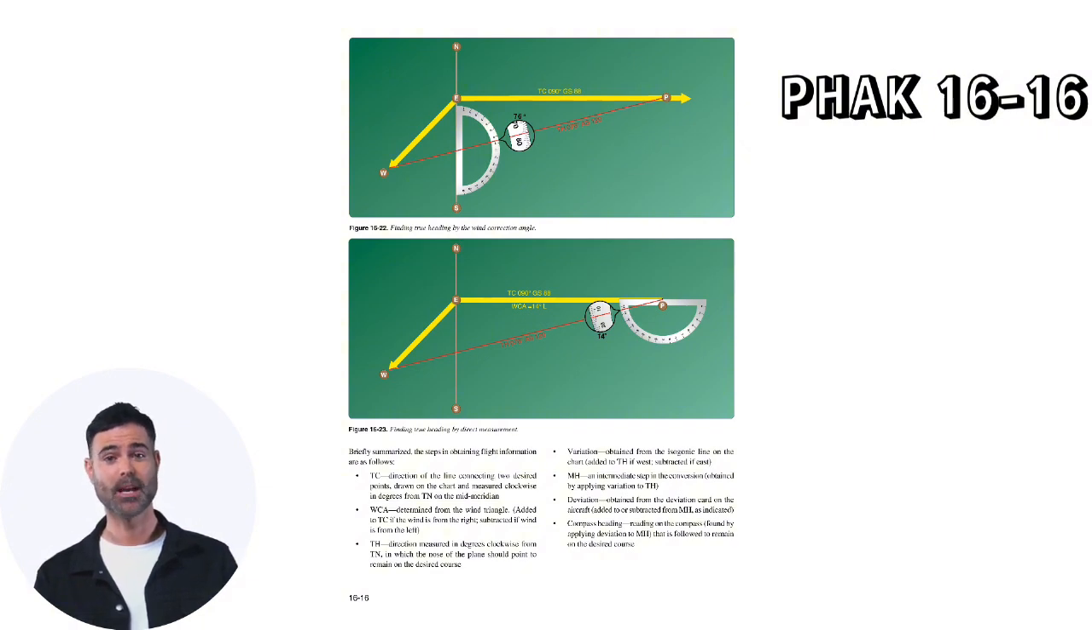Variation, obtained from the isogonic line on the chart, is added to TH if west, subtracted if east. MH is an intermediate step in the conversion, obtained by applying variation to TH. Deviation, obtained from the deviation card on the aircraft, is added to or subtracted from MH, as indicated. Compass heading is the reading on the compass, found by applying deviation to MH, that is followed to remain on the desired